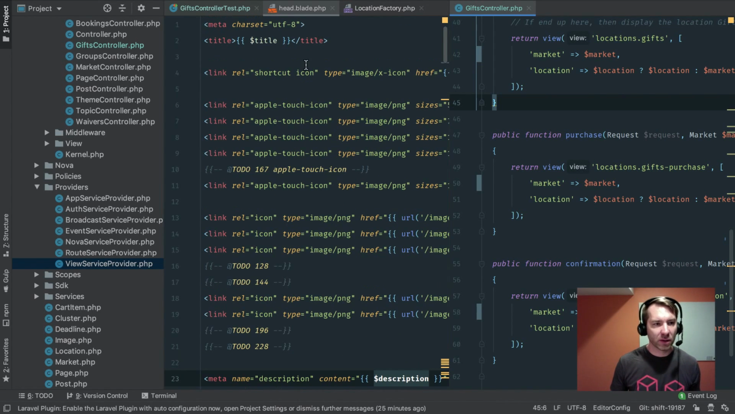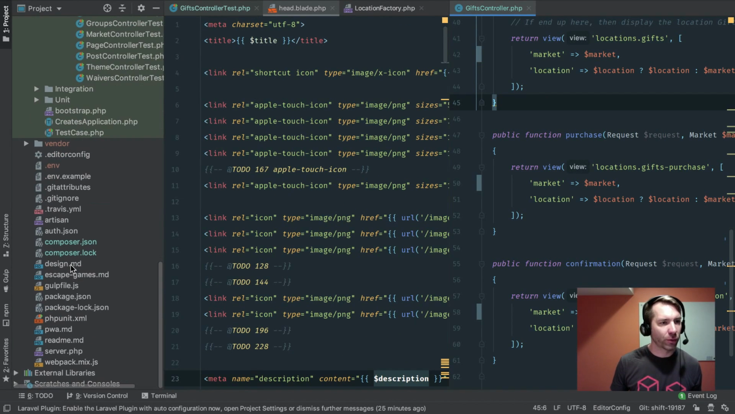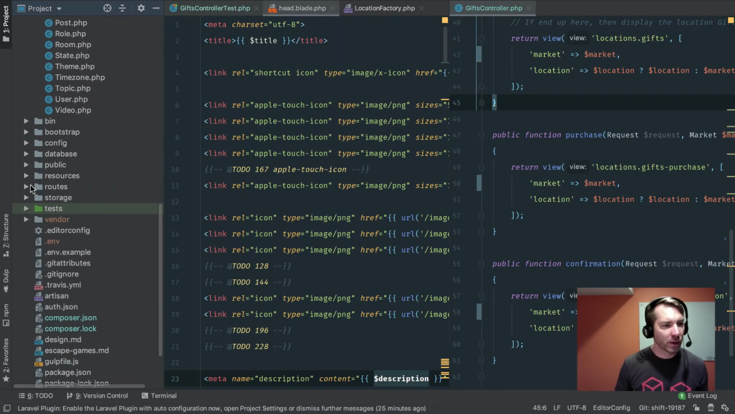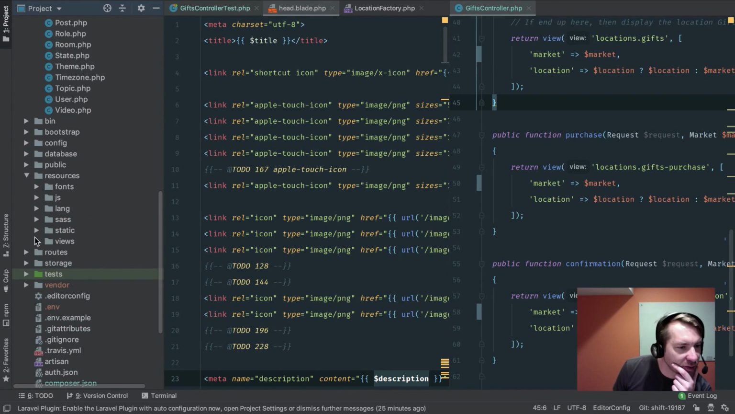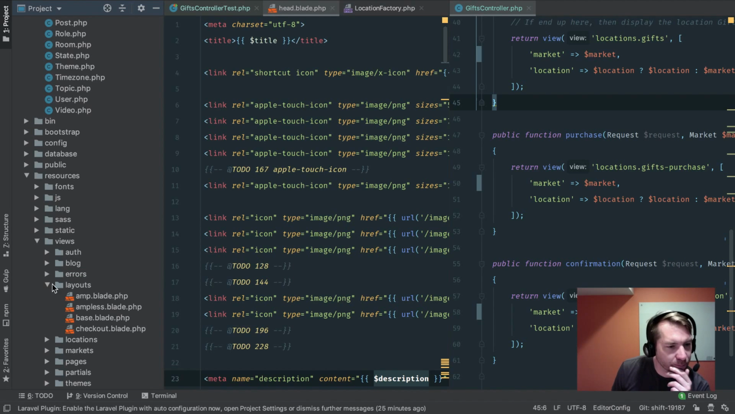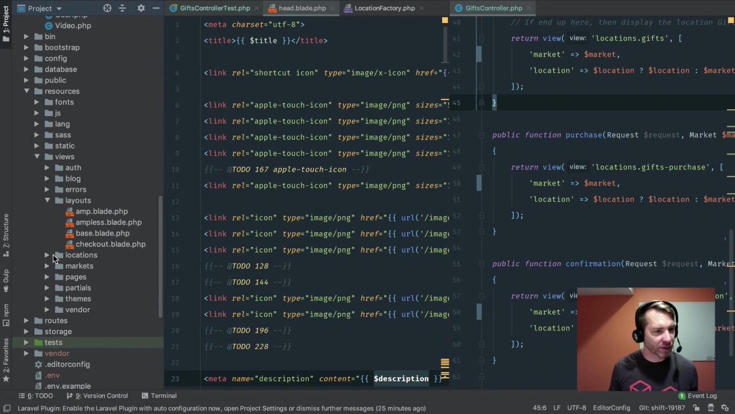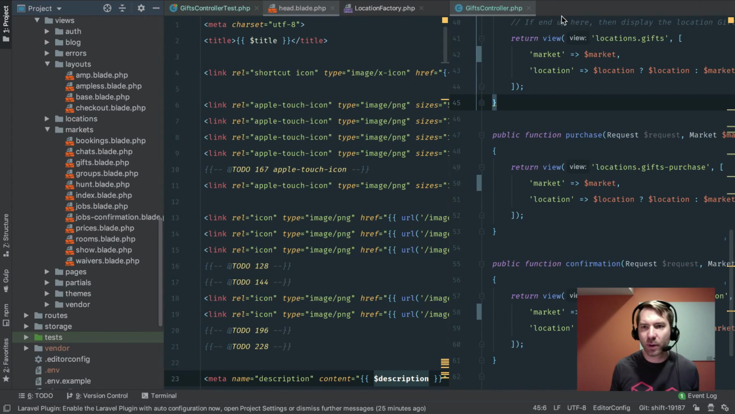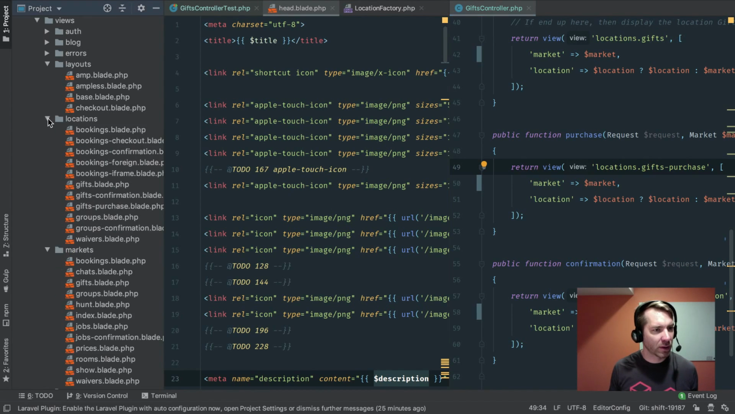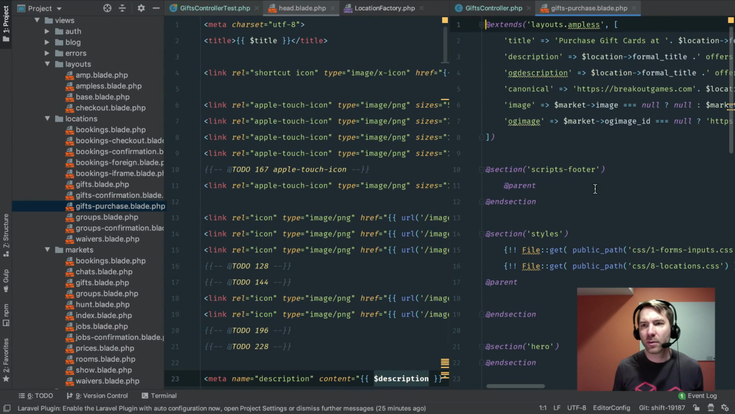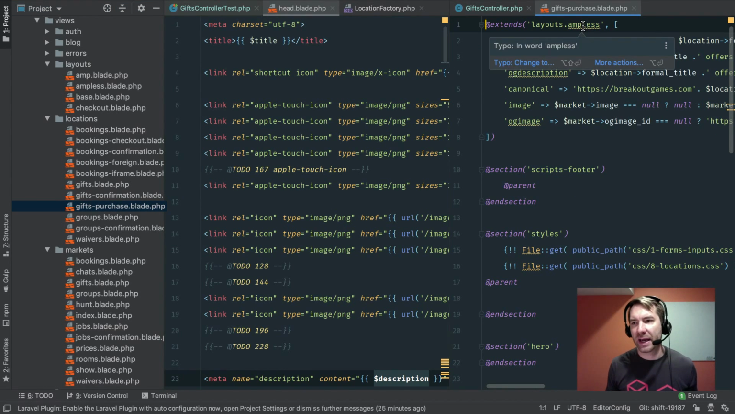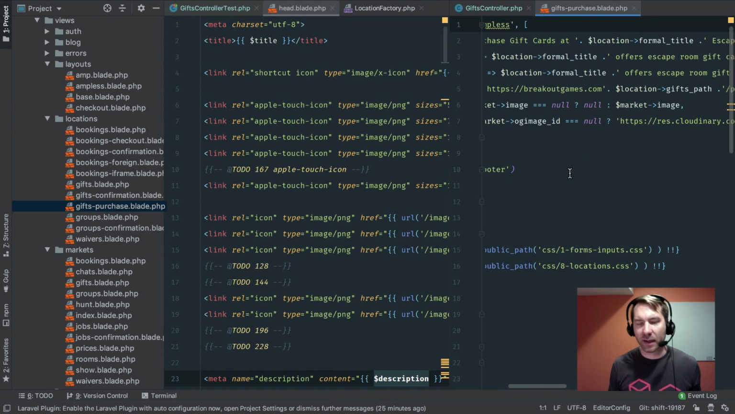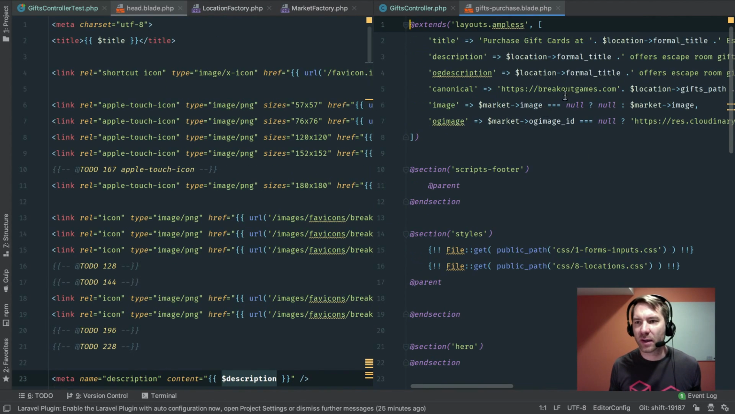Okay, so let's take a look. Let's just kind of stroll through the structure here of these templates. So let me start at locations. Or well, first of all, let's go really deep to gifts. What was that? Gifts purchase? I already forgot. Gifts controller goes to locations, gifts dash purchase. Okay, so locations, gifts dash purchase. Okay, this goes to the app layout. And let's just kind of get an idea of